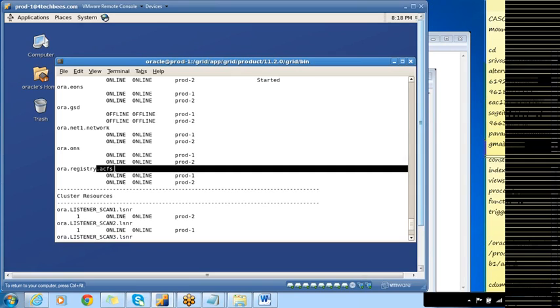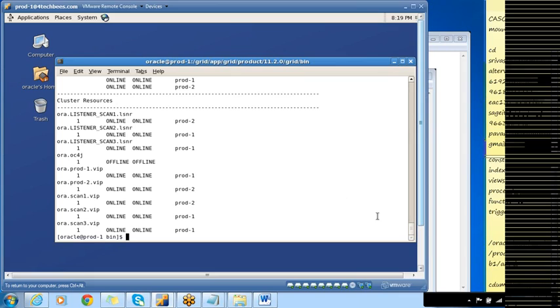Starting from 11g release 2, Oracle introduced another file system which is ACFS. It's nothing but ASM Cluster File System. That file system can be used to store text files also. It's a general purpose file system. It can be used to store any type of file. Using ASMCA, we can create an ACFS file system, and we can use it as a mount point actually. Probably if time permits, I'll show you how to create the ACFS file system.